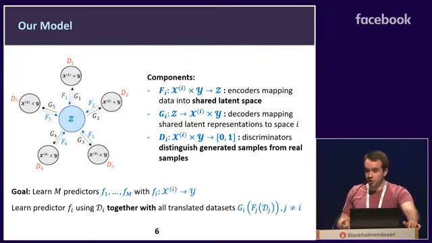And ultimately, the goal of this, which you see in this paper, is to learn predictors for each of the hospitals on each of the feature-label pairs. And the idea here is that we're going to learn the predictor for hospital 1, say, using hospital 1's data and all of the translated data from hospitals 2 through 5.